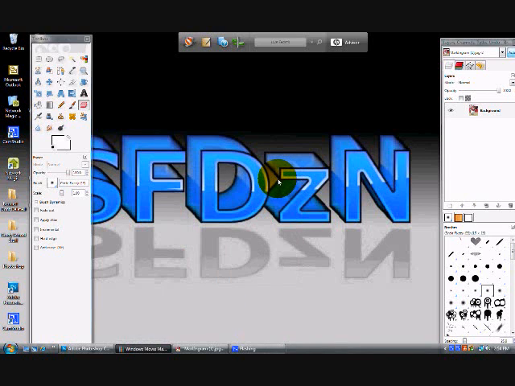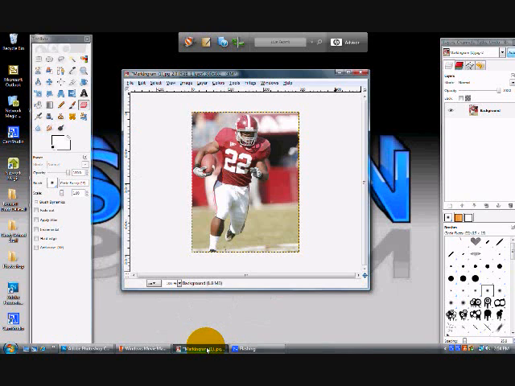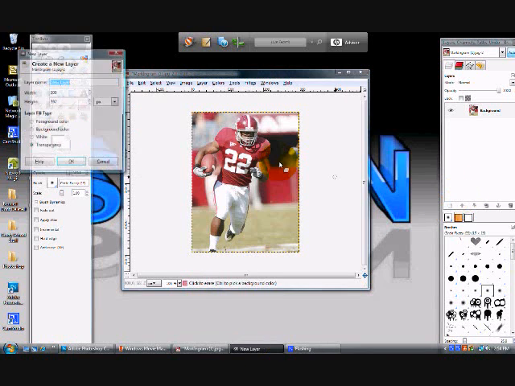What's up, guys? This is SFDZN, and I'm going to show you how to make the beam effect in Photoshop and Gimp. First, you're going to want to get the photo you want, make a new layer on top of